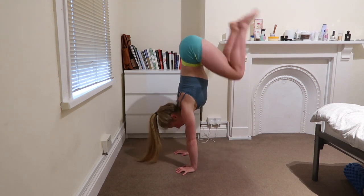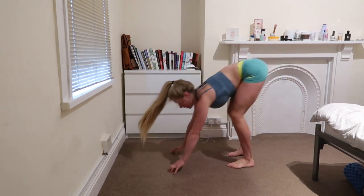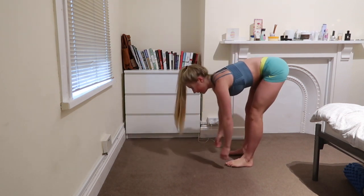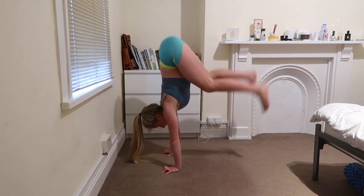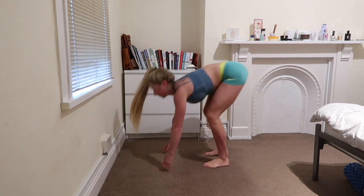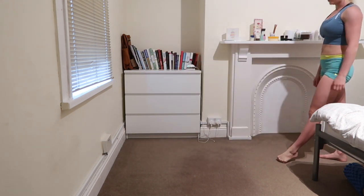Again, we're really trying to focus on stacking the hips over the shoulders, 2, 3, so you often find people can't kick into it because they might be fearful, so another good entry to work on is your tuck into handstand, 4 and 5, and then we're going back into our kicks into handstand,